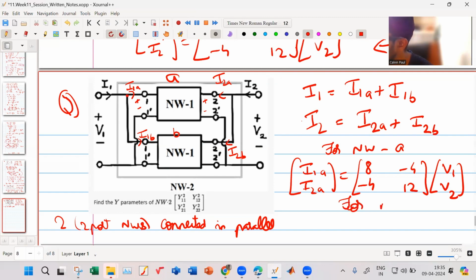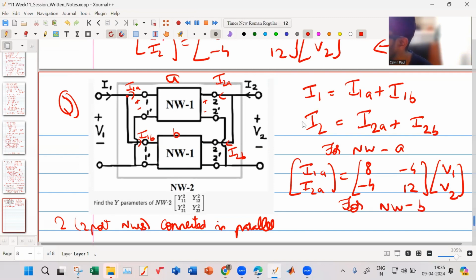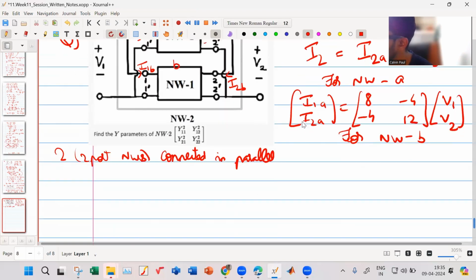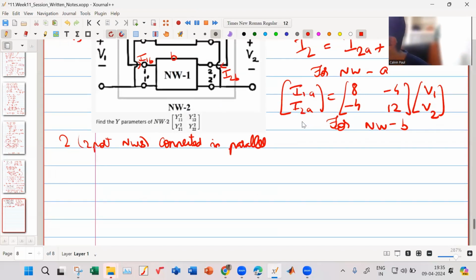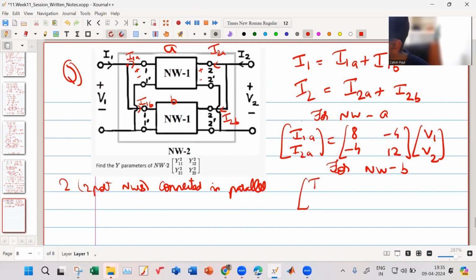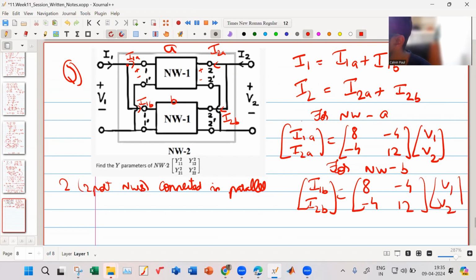For network B, I will write it as I1B, I2B is again equal to 8 minus 4 minus 4, 12, V1, V2, right? Because again the voltages are the same. Okay. Now what will I do? I will add them both. So I will get